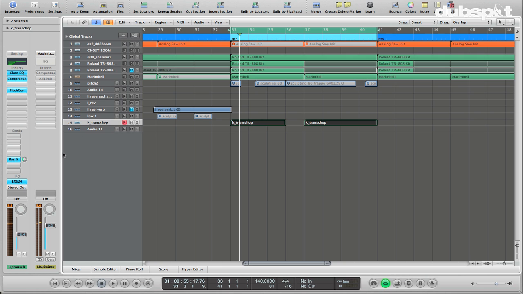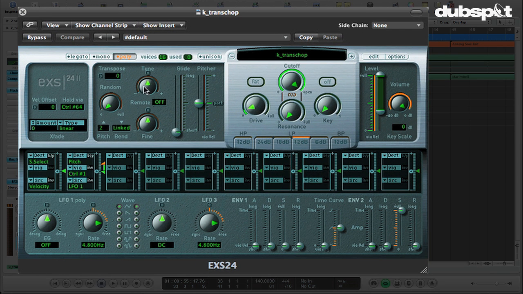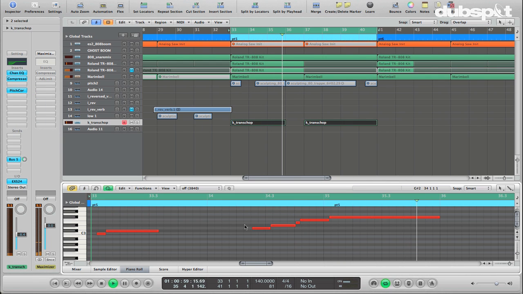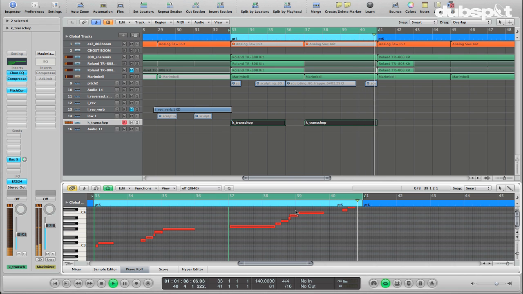Hit OK. What we could do is if we open up the EXS24, here we have a tuning control. So if we grab this tuner and pull this down a fifth,